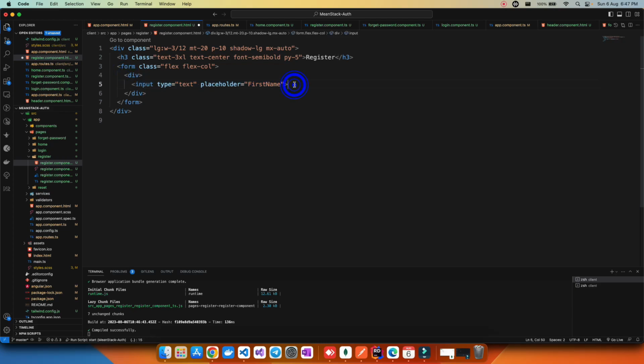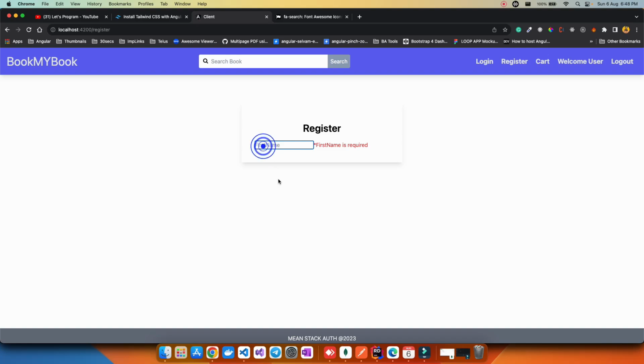So I have this input, and just below that I will have my error, which will say with a star, first name is required. And I want to make this red color, so I will say class text-red-500 or 400, it's up to you. Let's take 500 for a dark red. Okay, and let's see how it looks. So this is what I have. This is my input, this is my validation, and I know this looks so bad,